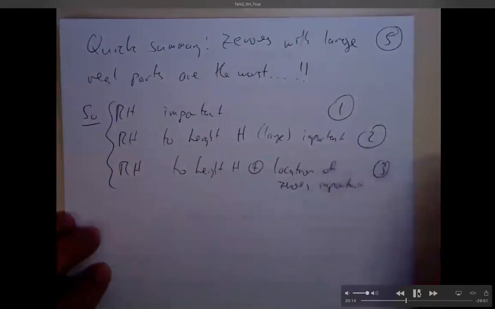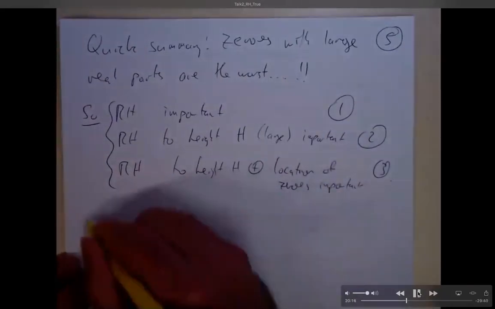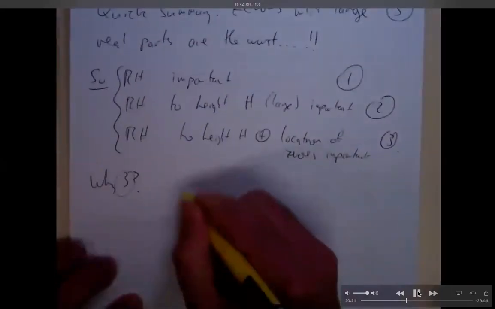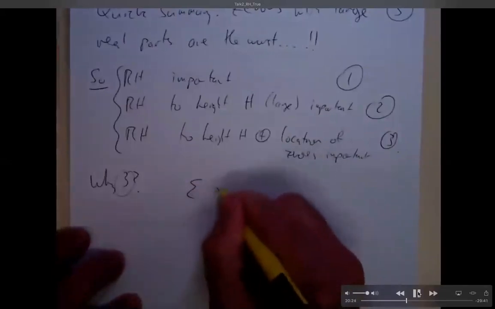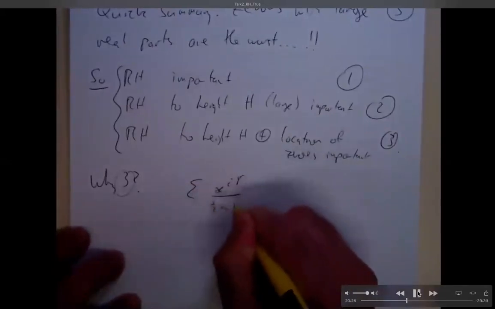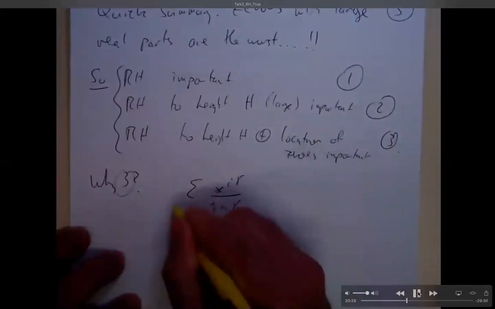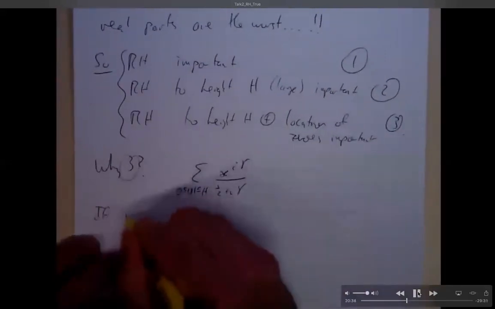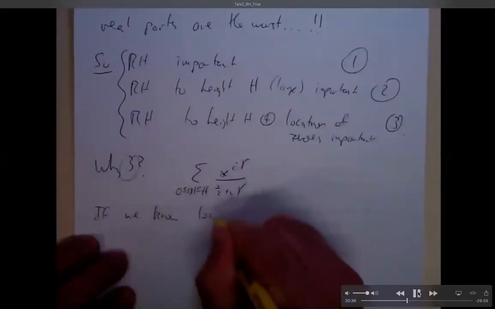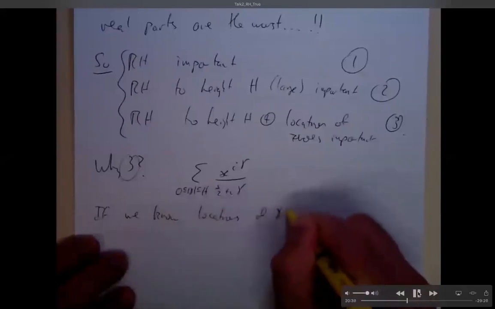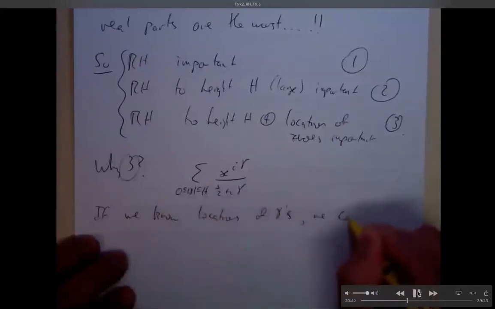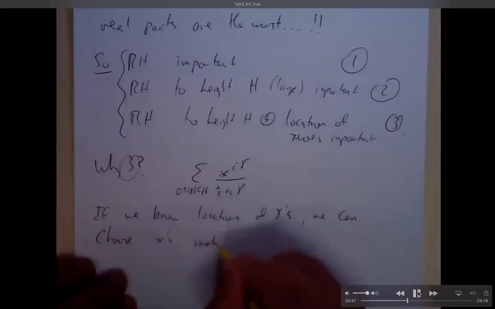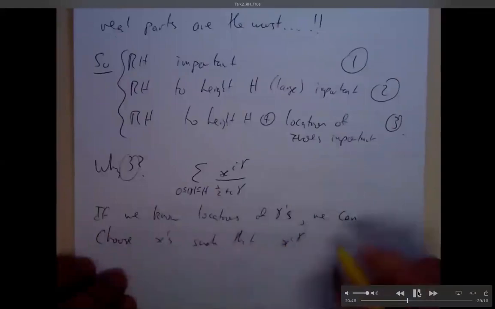The Riemann hypothesis to height h: not just that the zeros lie where they should lie, but also I know exactly where they are. So I know that the first one is at 14.1, whatever. That location is actually important as well. So why 3? I've given you nothing so far to imply why 3 is true. I've just told you the real part's important. So now I'm asking the question, is the imaginary part somehow important? And this harks back to the question I planted in the audience a few slides ago about the pair correlation conjecture. I won't talk about that again now. We can talk about that in question time if people are interested or if there's time.